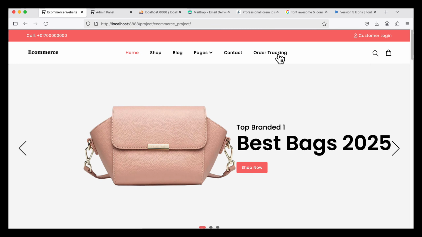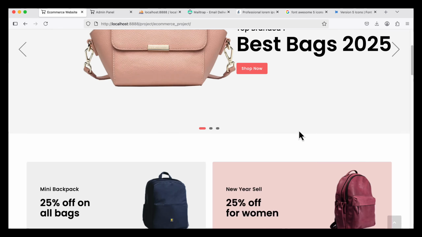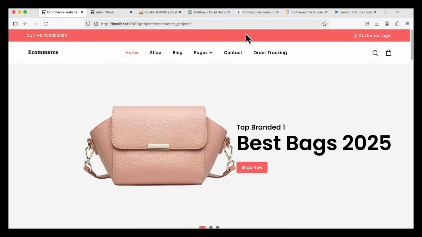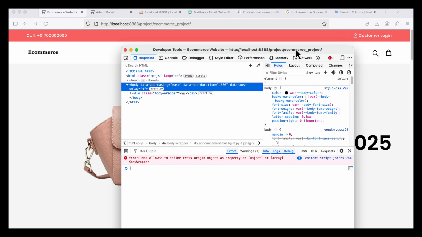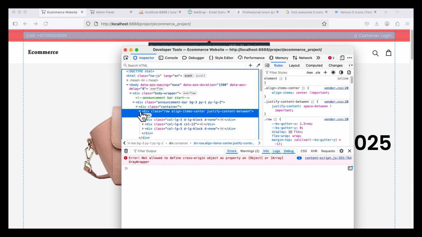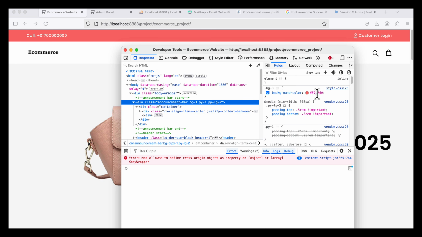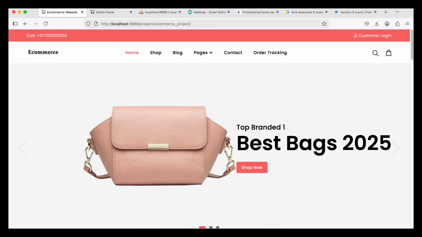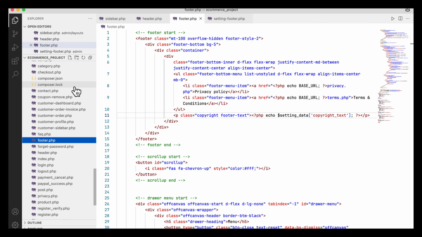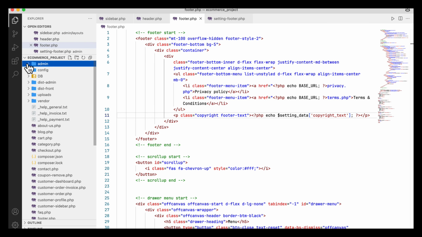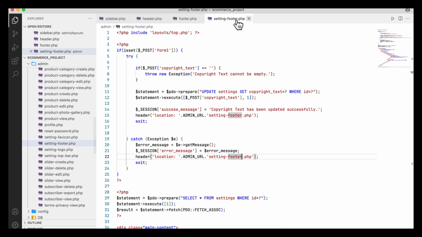Now I am going to work with the theme color. For example, you see the total theme of this website color is this red color. If I want to inspect the element, you will see that here the color is this one, the bar, that means this color. So what I can do is I am going to apply something here. As this should work in the front end, I will go there, but before going to the front end,